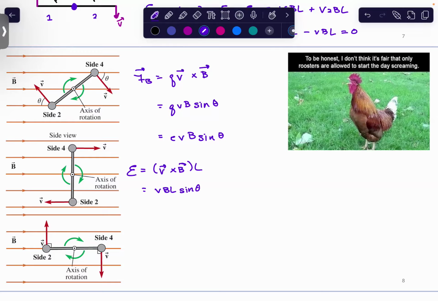However, we have to change this a little bit because we have a rotating system. So if you go back to something like this,